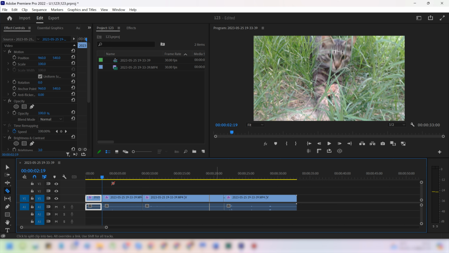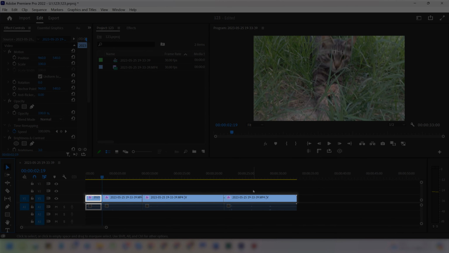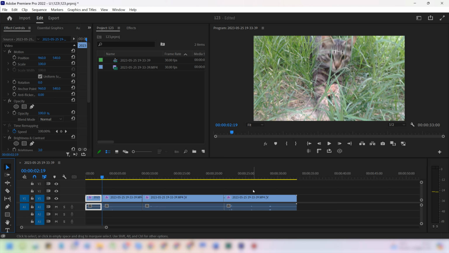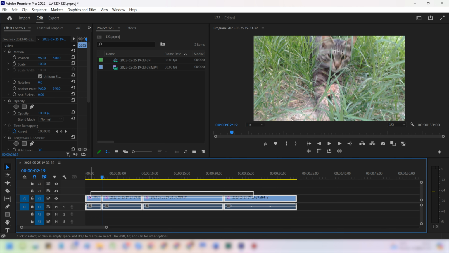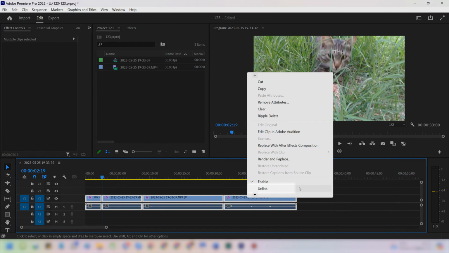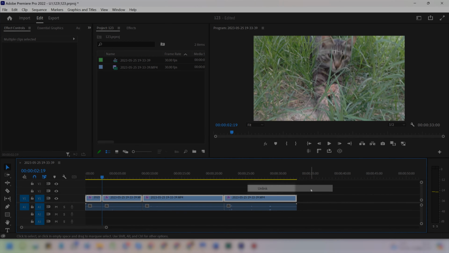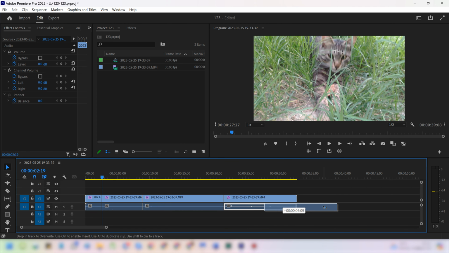And yes, you have such an option in Premiere Pro. The first thing you should know is that you can do this with both video and audio clips. So if you want to merge only video or only audio clips, then first you need to unlink the video from the audio. Now you can work with the tracks separately.